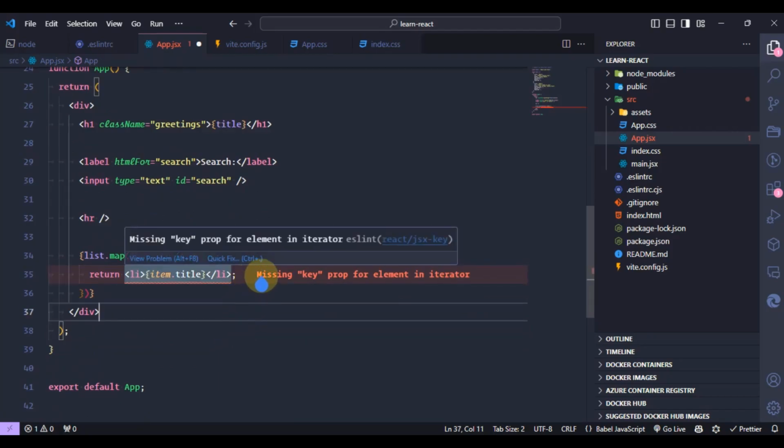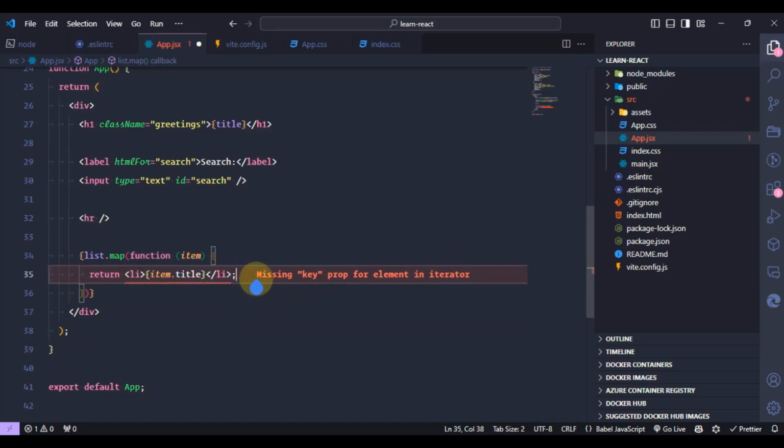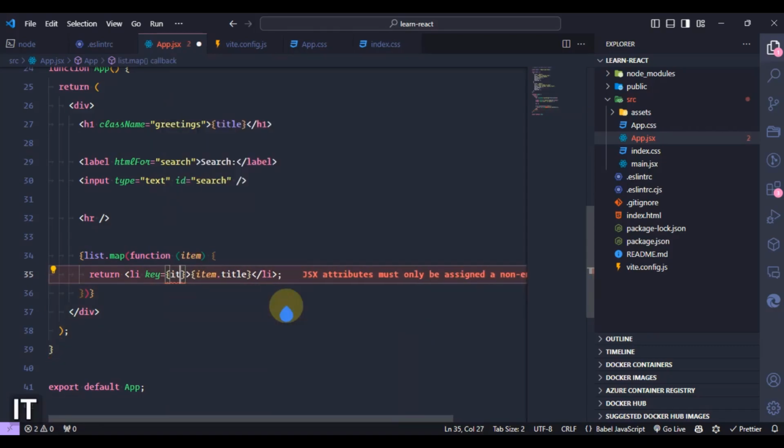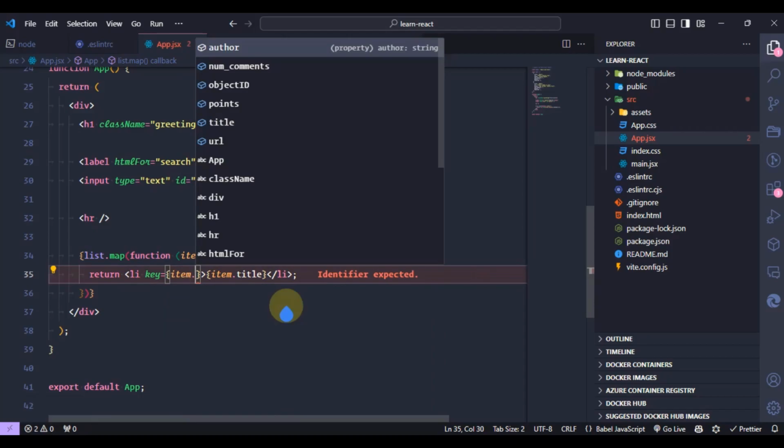We can see that we have another error by our linting. It said missing key prop for element in iterator. So we should put the key here, and we should choose an object that is unique. The value is unique, and it must be sure that the value is not repeated in another value. Okay,